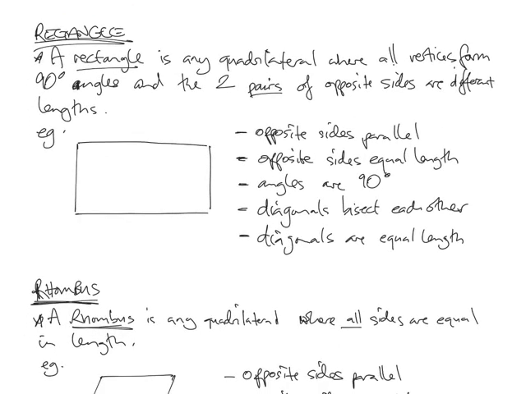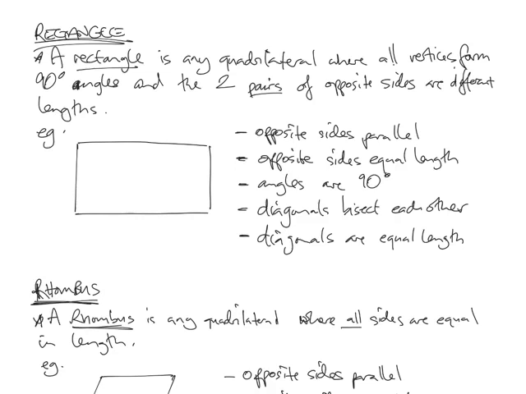Next is a rectangle. So a rectangle is any quadrilateral where all the vertices form 90-degree angles and the 2 pairs of opposite sides are different lengths. So that pairs of opposite sides of different lengths is important because a rectangle is different to a square, where the 2 pairs of opposite sides are all the same length. So a rectangle